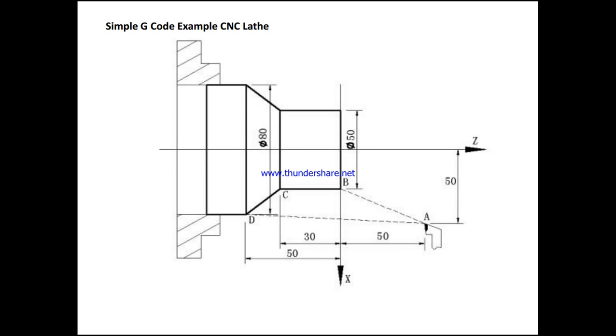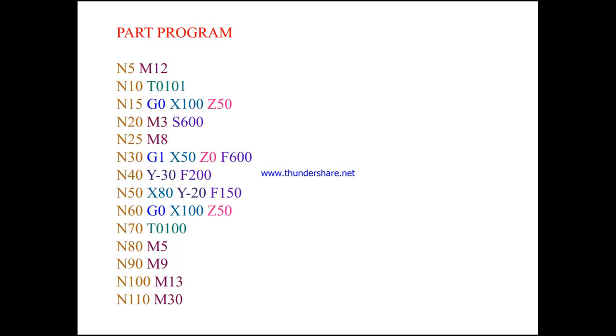So X is 50, Z is 0. From here to here it has to move 50 mm, where Z is 0 and the feed rate is 600, that is 600 mm per minute. And next we have N40, where in N40 the cutting goes from point B